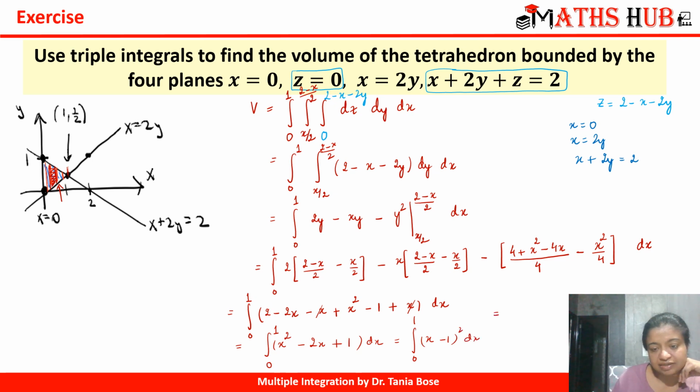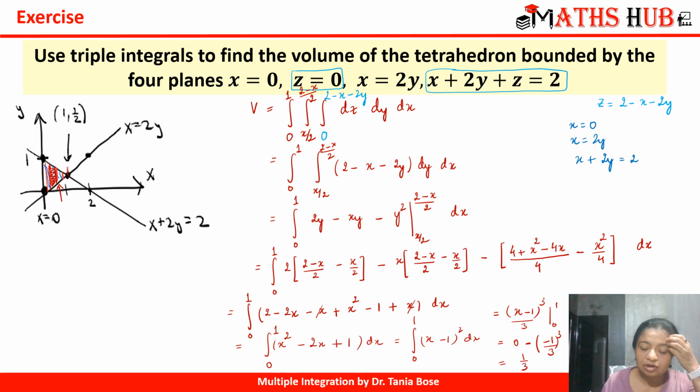So I can write this as, after integrating, x minus 1 whole cube by 3 with limits from 0 to 1. So now when I solve it, when I put 1, 1 minus 1 would be 0, minus, when I put the lower limit 0, I'll get minus 1 cube by 3. So that would be simply 1 by